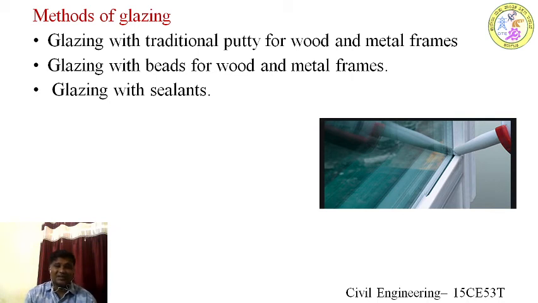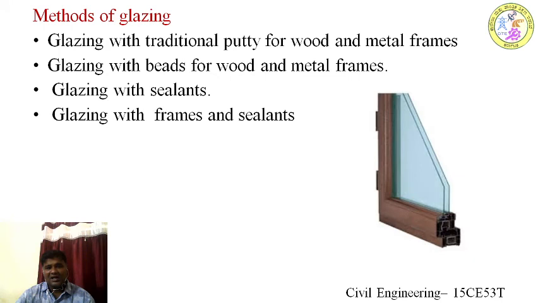See, glass is a very difficult product to handle. A slight mishandling could damage the glass and also serious accidents could take place, so the bonding should be better. Nowadays we use this type of glazing with framing, and sealant is also applied. An aluminium frame consists of vertical posts and horizontal posts. Vertical posts are called mullions and horizontal posts are called transoms, and inside this a layer of sealant will be applied, and then the glass will be fixed.